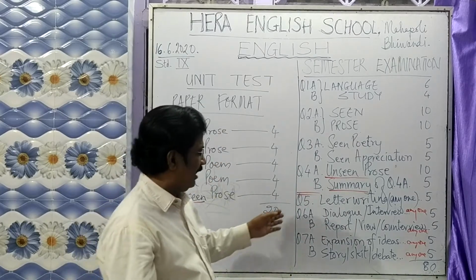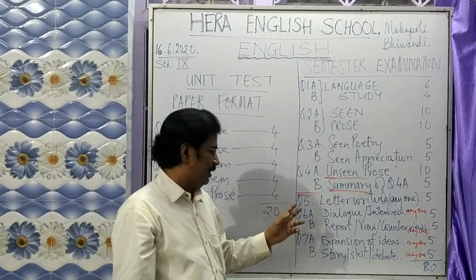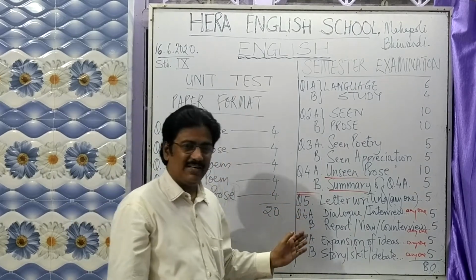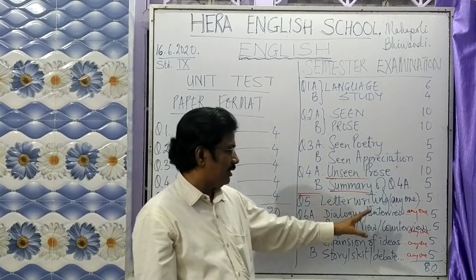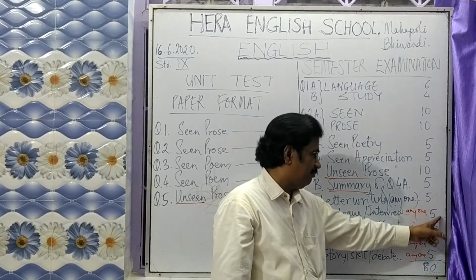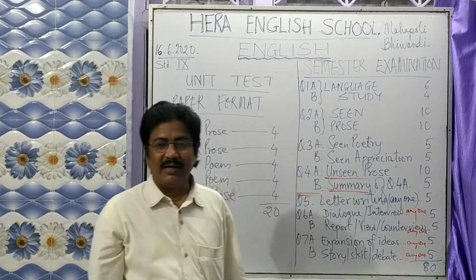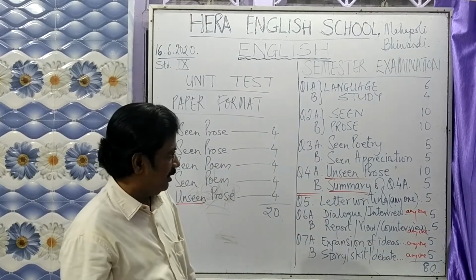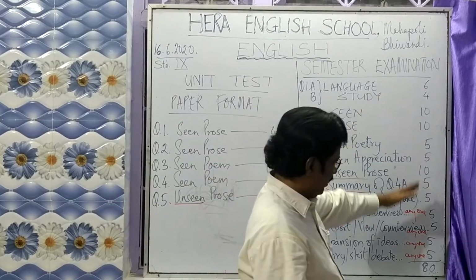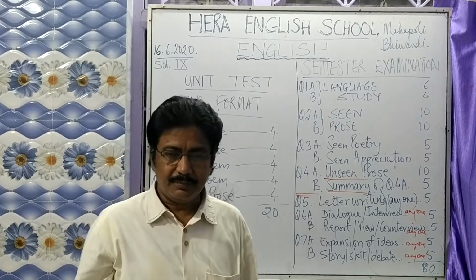In each and every writing skill, like question number 5 has 2 options, any one you write. So 6A, 6B, 7A, 7B, you have option in each one of them, where each writing skill consists of 5 marks completely, a total of 25 writing skill marks. If you do the totaling work, it comes up to 80 marks in that case.